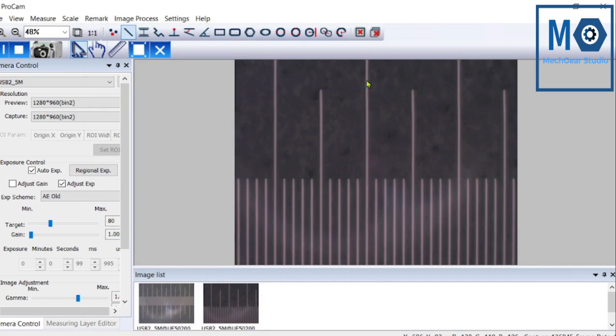Draw a line for any division and verify the distance between these selected 2 divisions.